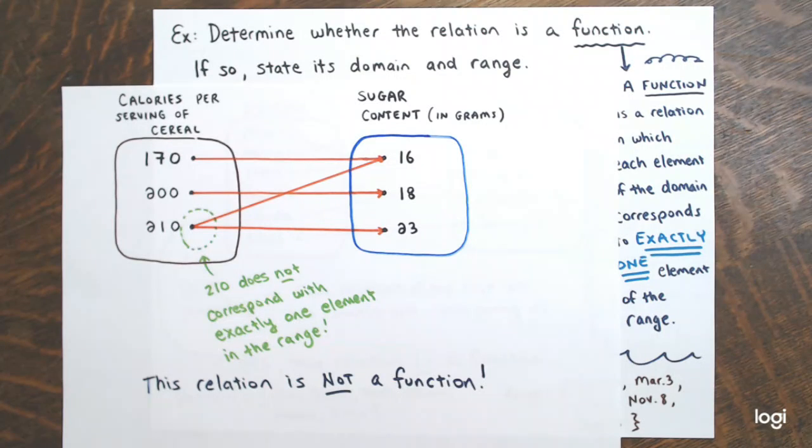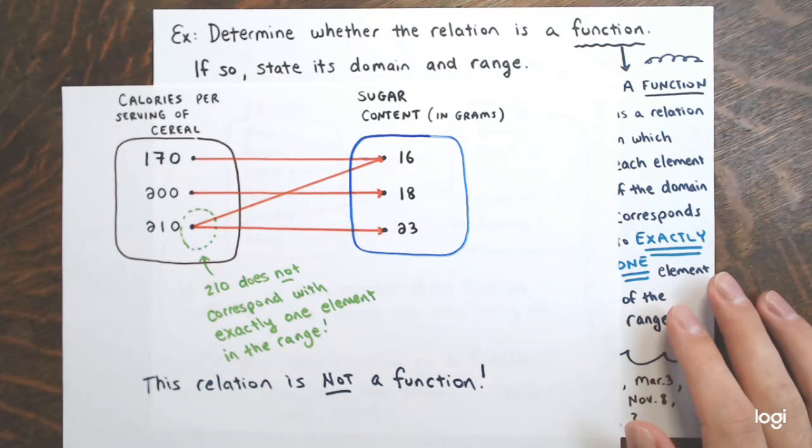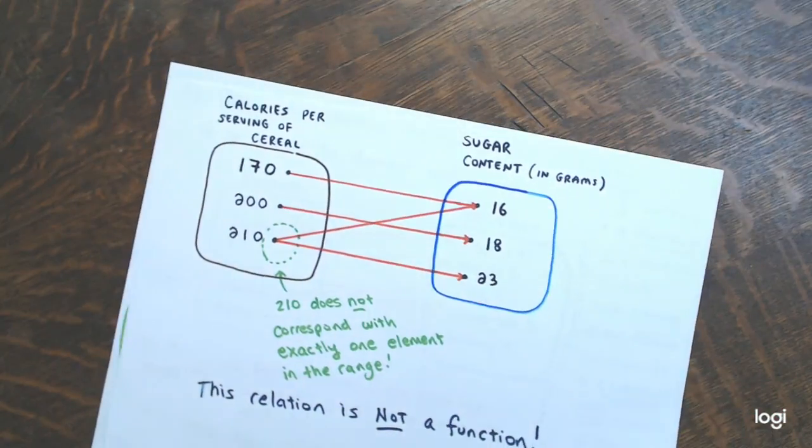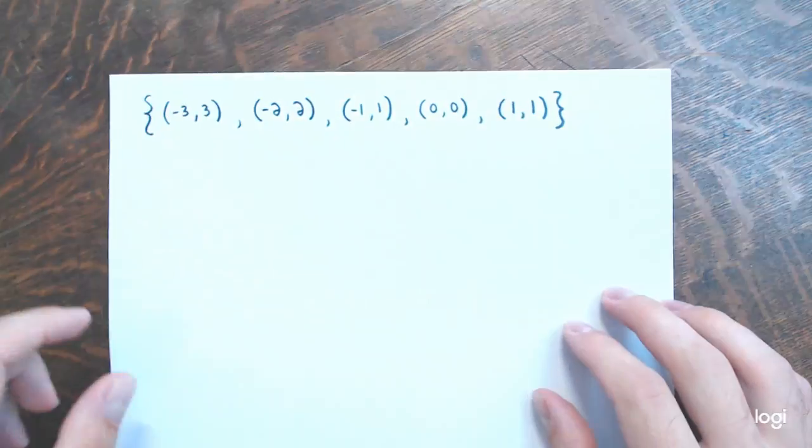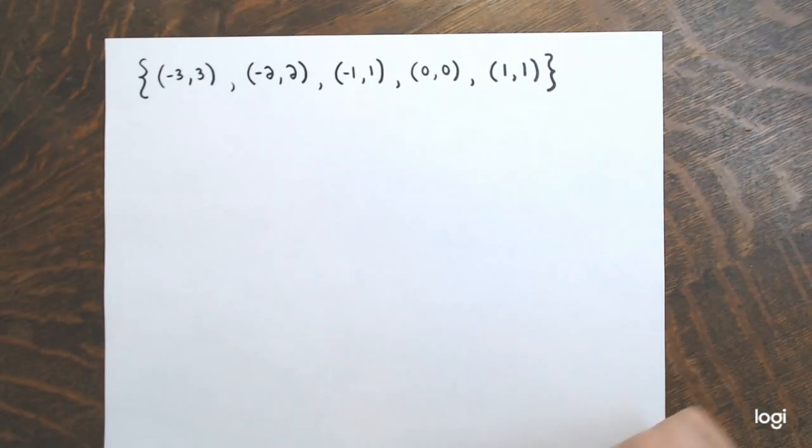Okay, so those are a couple examples where a relation between two sets was represented by a mapping or an arrow diagram. Sometimes these are referred to as, for obvious reasons, all the arrows all over the place. In my last two examples, I have relations that are represented as a set of ordered pairs. So here I have a set of ordered pairs, and